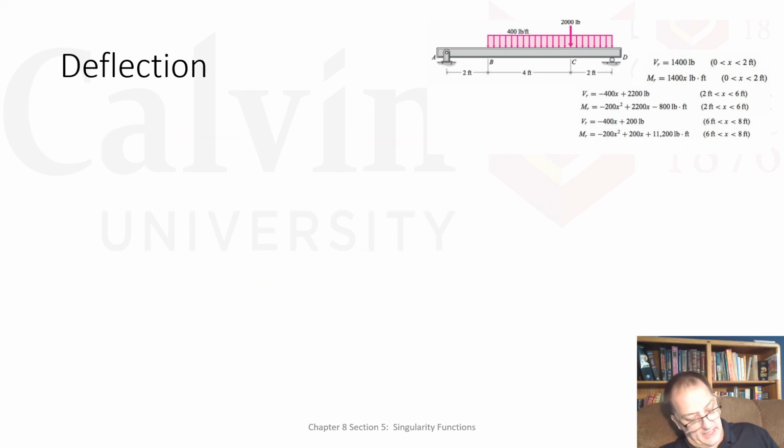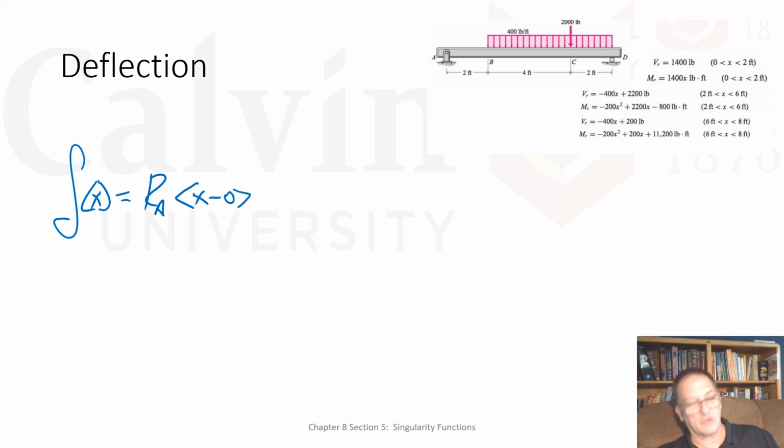My deflection looks like delta as a function of x is equal to RA. Now, you got to remember, and maybe flip back and forth in the slides, RA times my moment equation had x minus 0 raised to the first power. So I'm going to integrate that to get slope. That's the second power over 2. And then I integrate that again, and I get the third power over 6. Okay. Minus,